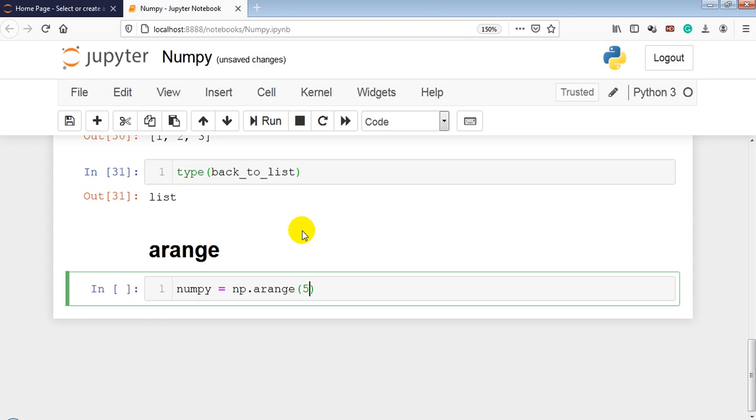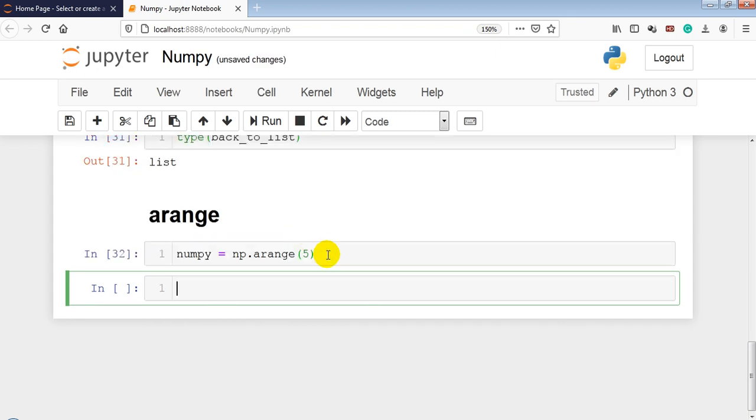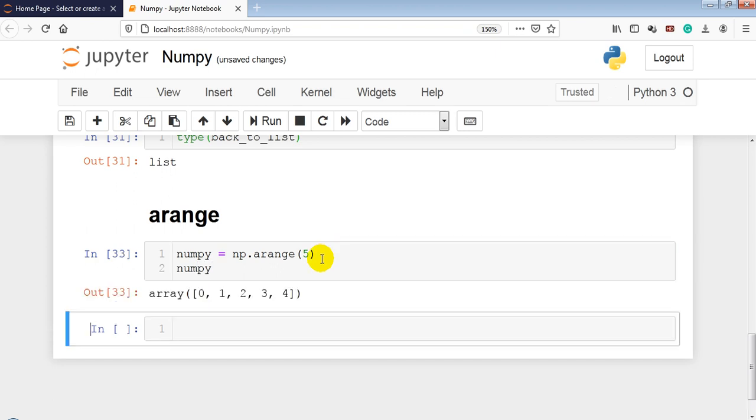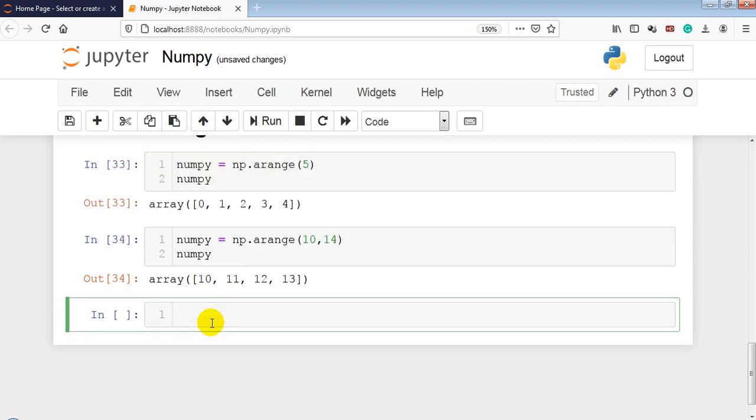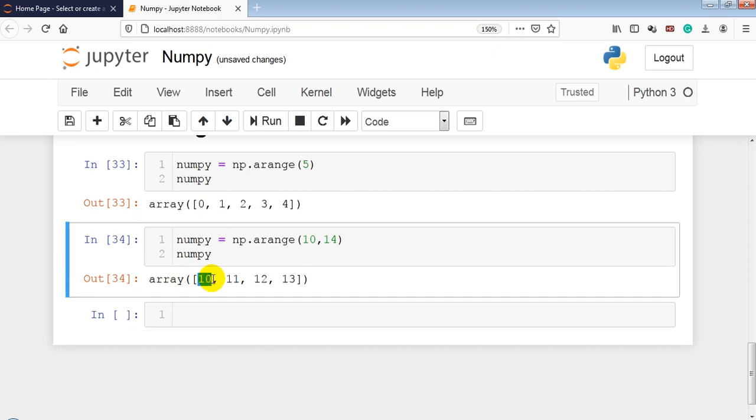np.arange(5), right? You have created an ND array 0, 1, 2, 3 and 4 with 5 elements. Now numpy is equal to np.arange with start and stop. Now an ND array has been created with 10, 11, 12 and 13.